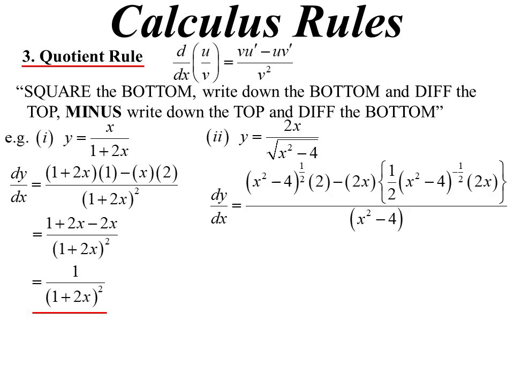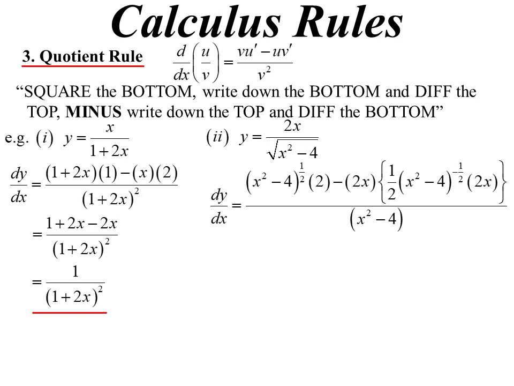Square the bottom. Well, square a square root, and it's just back to the function itself, so x squared minus 4. Write down the bottom, but I've written it in index form, so x squared minus 4 to the power of a half. Diff the top, differentiate 2x, we get 2. Minus write down the top, 2x. Diff the bottom, but I'm going to have to use our chain rule, so bring down the power, a half, lower the power, minus a half, diff the inside, so differentiate x squared minus 4, 2x, push that out,